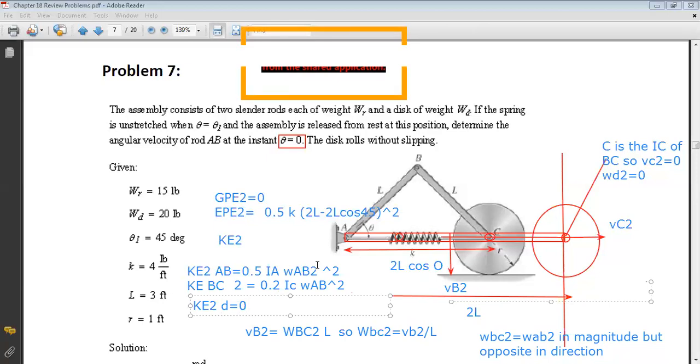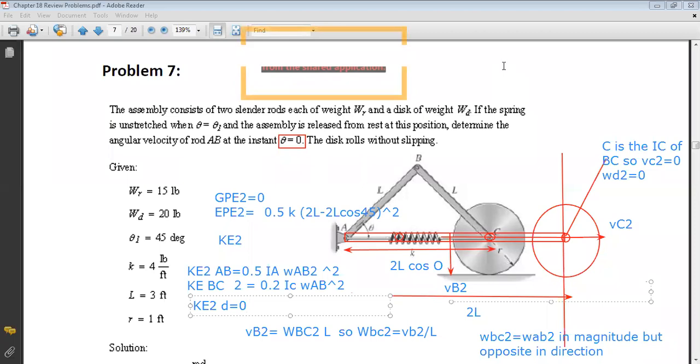Is it clear? Yes? Miss, the IC when we got it, it was at C, right? Yes, at C. But Miss, we got it because we put C in the second stage, because it just moves to the right. Look,